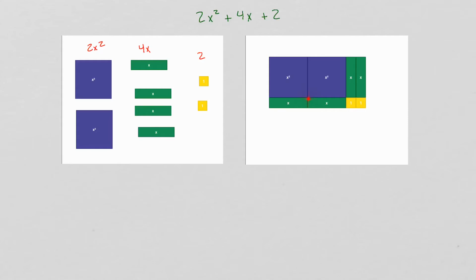A long edge has to match a long edge. Short edge has to match a short edge. So there's certain rules to follow when we make these rectangles. But if we're able to do that, then it's very easy to factor the equation. We can look at this one and see that the factors would be